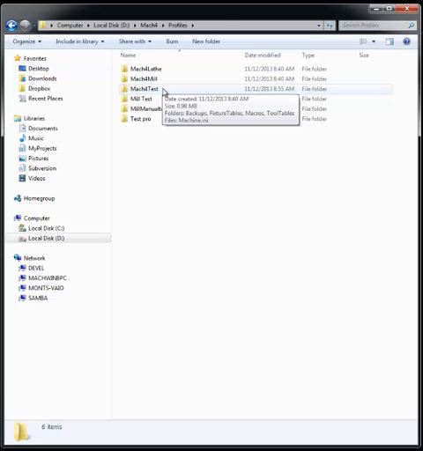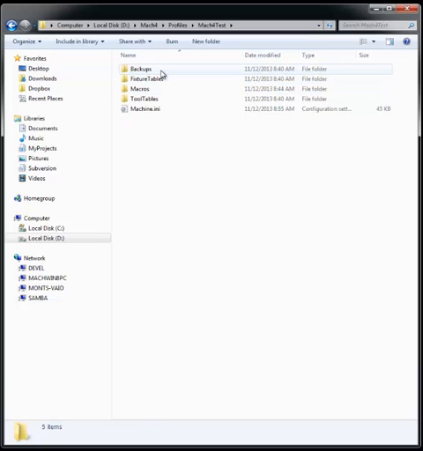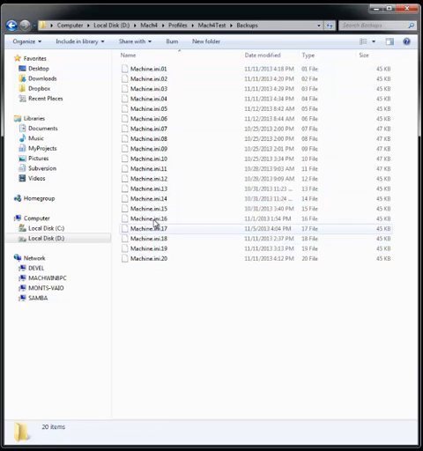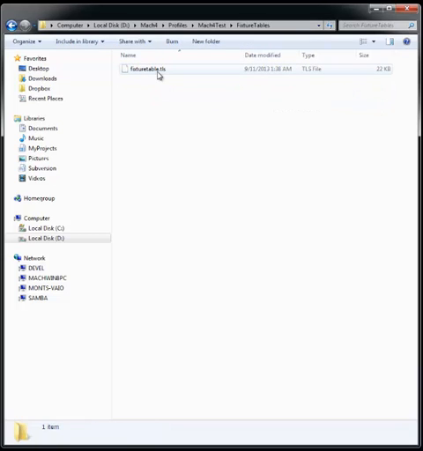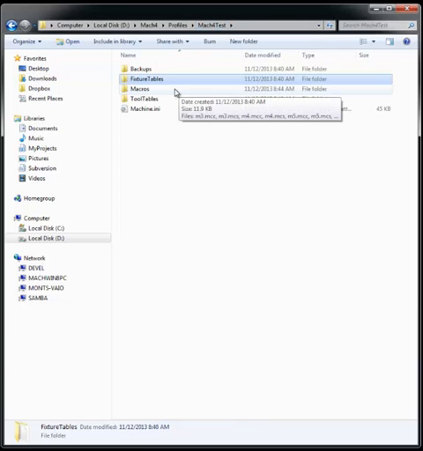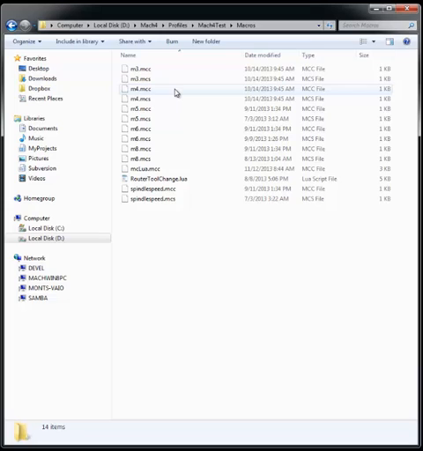So we'll look at the Mach 4 test profile, and in here we can see there's backups. In this backup directory, it backs up every time you run your software. We do up to 20 backups, and it's kind of a rolling 20. That allows us, you know, if you have a bad configuration, you can roll back and load up a new one. The fixture tables are in here. You could change this out if you'd like. Mach 4 is totally capable of loading multiple fixture tables. Our macros,